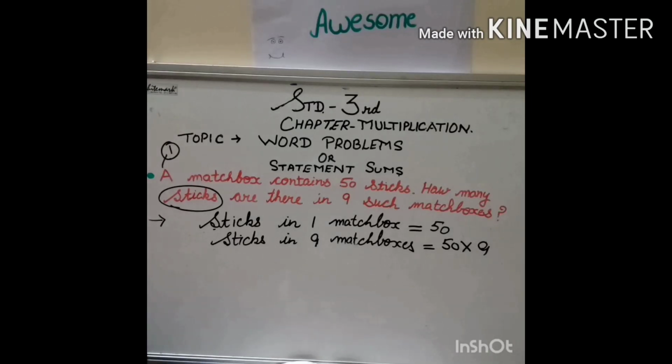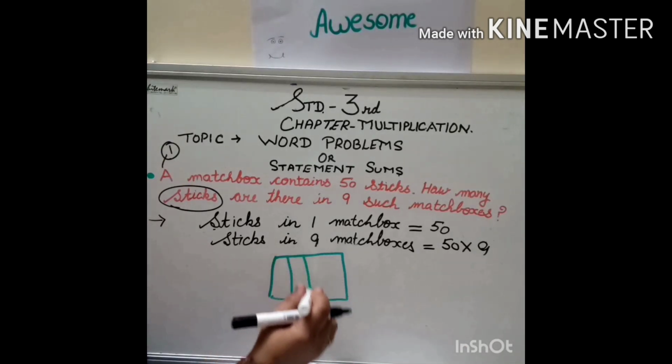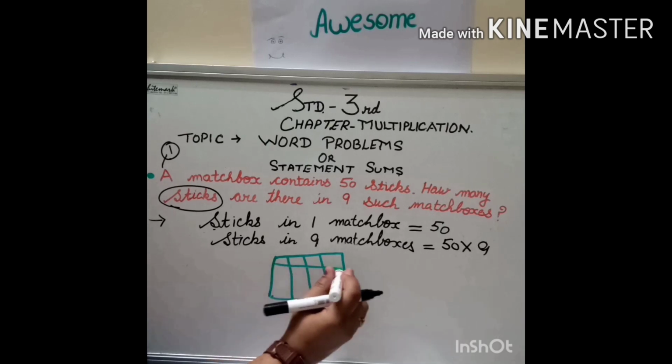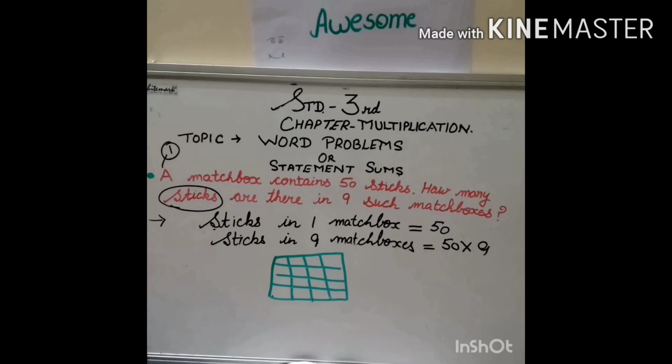Now children, very important, I told you in the previous video also that you should know how to write in the boxes. It is an important thing of your syllabus, children, how to write in the boxes. We are writing here 1 digit, 1 box, and we put the sign of multiplication. Now we will read the table of 9: 9 zeros are 0, 9 fives are 45. As there is no other number, it will become 450.